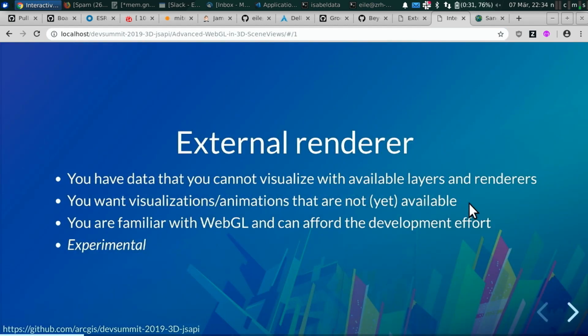The way you integrate custom WebGL renderers in 3D is using what we call the external renderer interface. That's different than what you just learned in 2D. The use case is when you have some type of data or some type of visualization where you really cannot use the existing layers or renderers to achieve the visualization